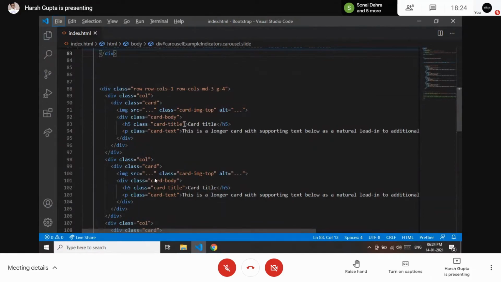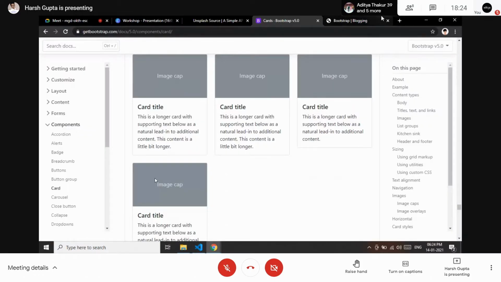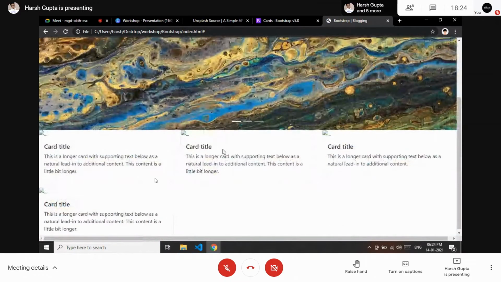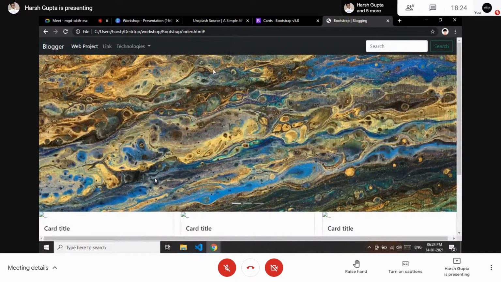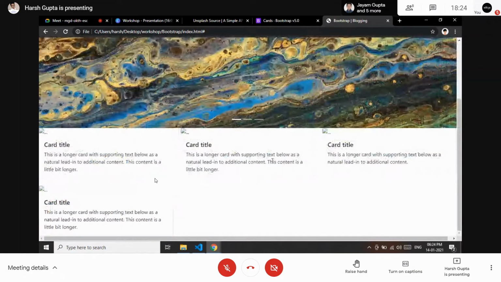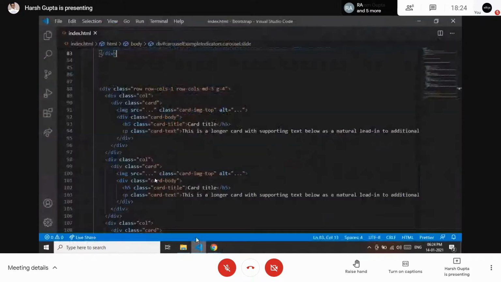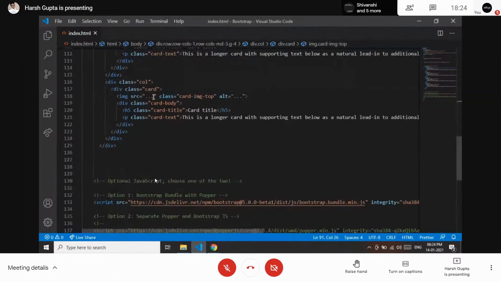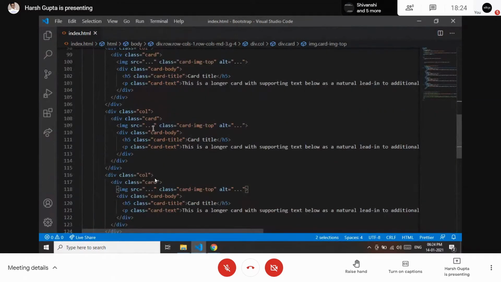So I saved the file, and then I'm going back to my website and then refresh this. Waiting for some time. Okay, so our two things have been loaded successfully, which is navbar and carousel, but our cards are not loading because the images which we have, I think, are not defined. Yes, the source is blank. So we need to give some images to it.